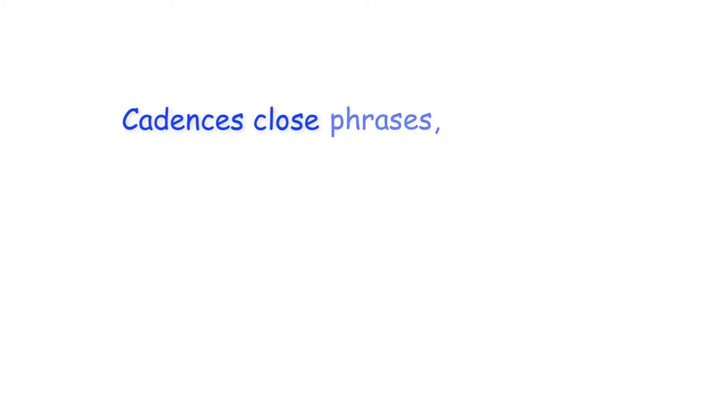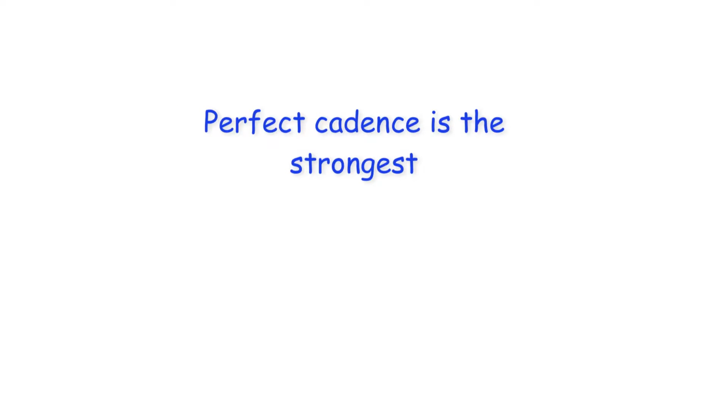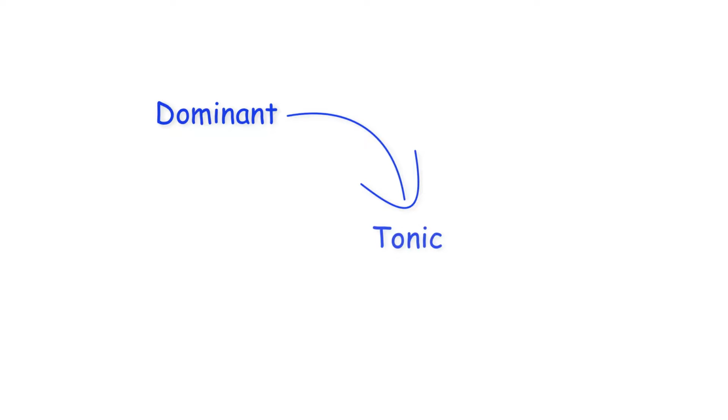The 2-5-1 progression has its origins in tonal classical music and can be heard as an extended perfect cadence. Cadences close phrases, sections of music, and entire musical works. Of all the types of cadences, the perfect cadence is the strongest and comprises a dominant chord moving to a tonic chord. In the key of A major, for example, a perfect cadence involves the dominant E chord moving to